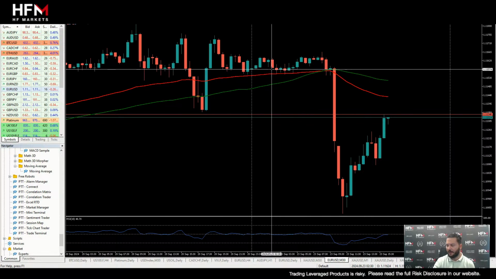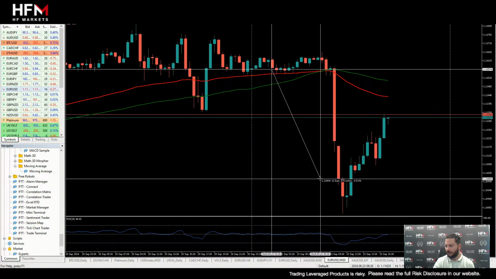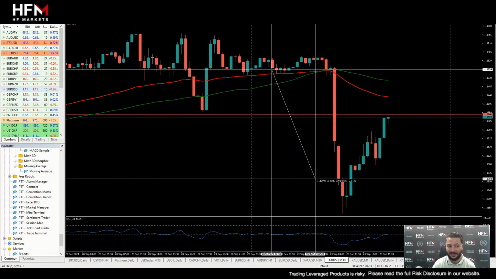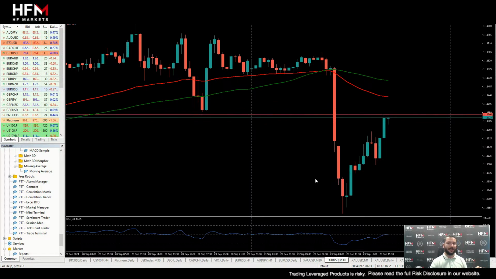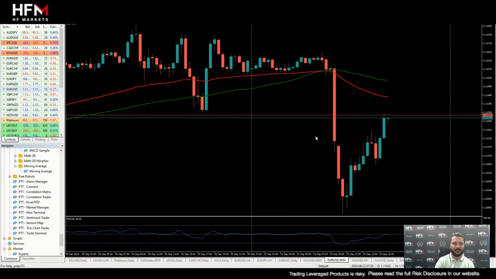So the price and the market opened here. It continued to decline approximately down to here. So that's 0.51%. 0.51% is a massive movement on the currency market, because don't forget we have very high leverage available on currencies. So, ladies and gentlemen, to be honest, yes, the price retraced, but we have to also take into consideration that there was a lot of price movement before the price retraced.